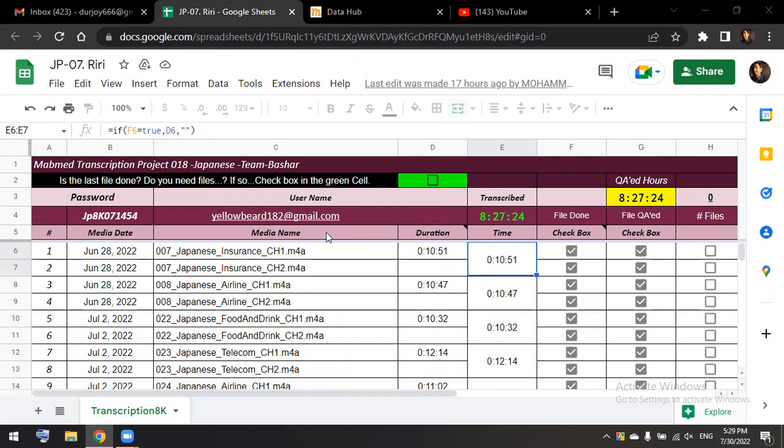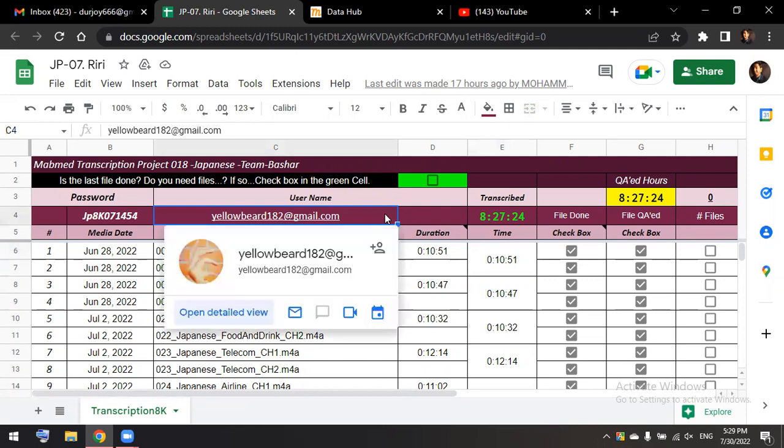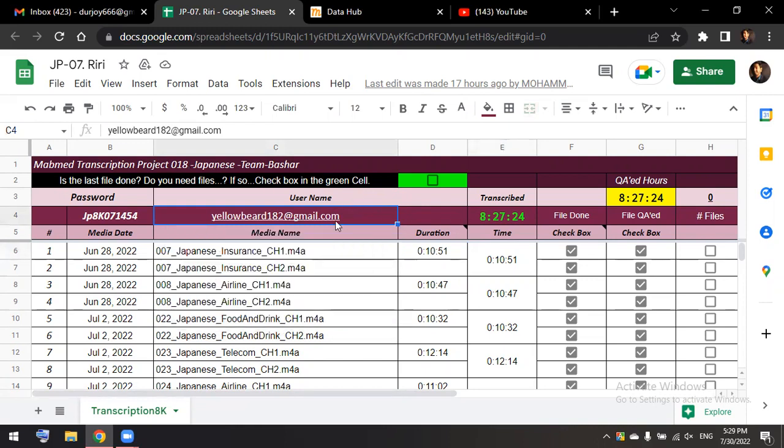On this sheet we will give you enough information, which is the username. What is the username? The username is the name the user has to use for the platform. After that, the password. Obviously, you have to copy the accurate password from here to the platform. Then you have to log in by your ID, everyone's ID. After that, there is audio. Which audio is it?